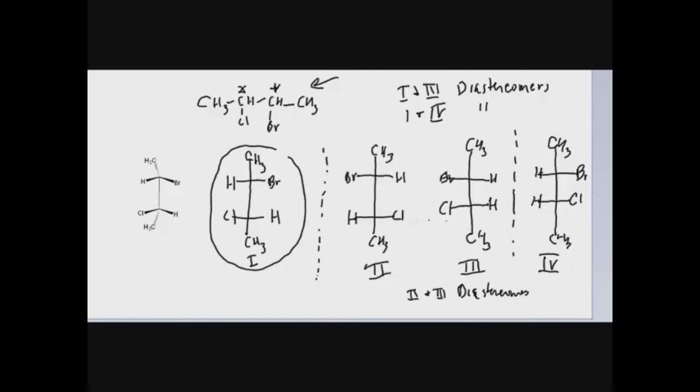And 4 and 2 are also non-mirror image stereoisomers, that is to say, diastereomers. New term, diastereomers. It's simply a synonym for non-mirror image stereoisomers. Now, to make this a little clearer, I want to now look at a chart